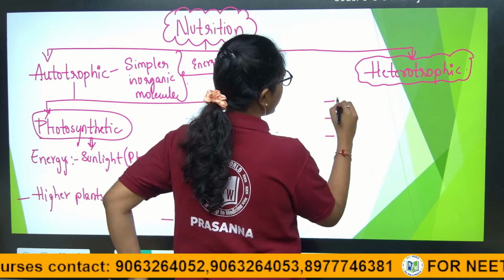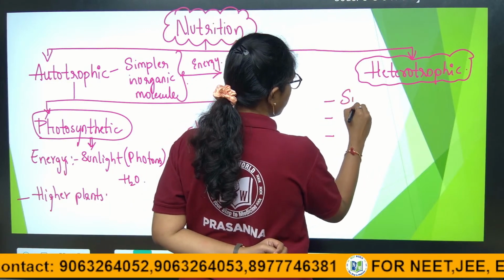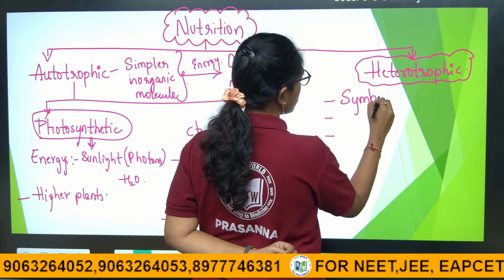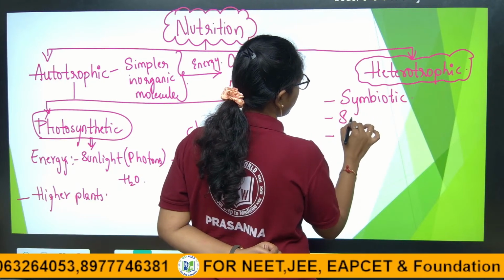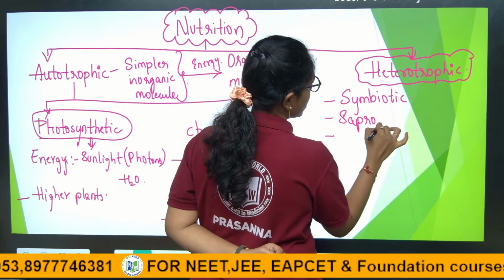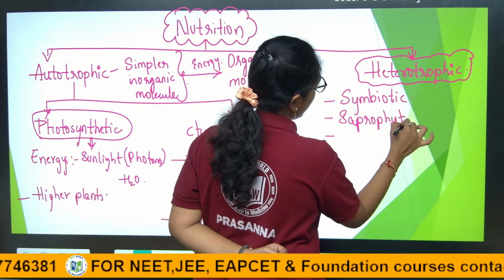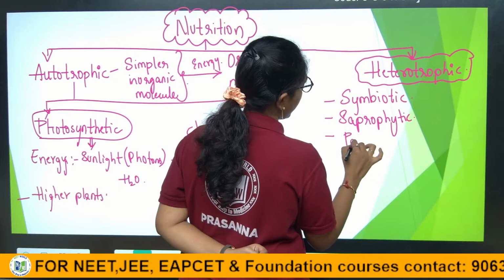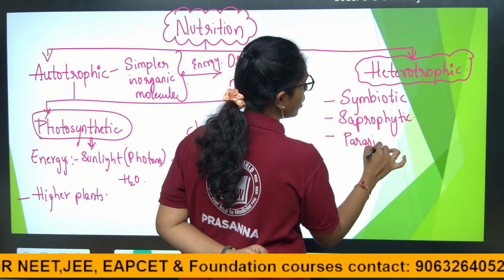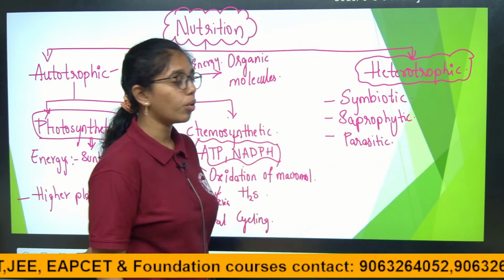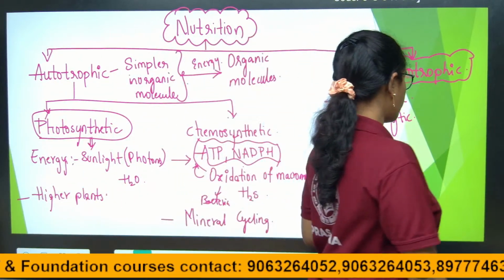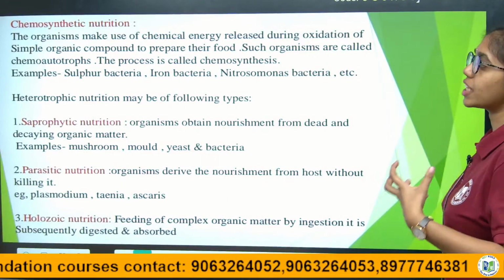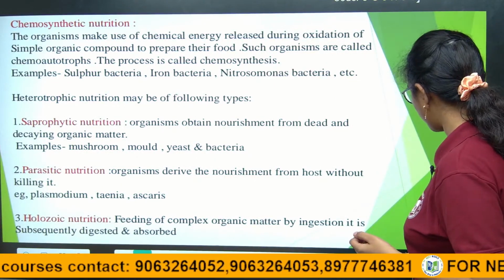One is symbiotic mode of nutrition, symbiotic. Second is saprophytic, and third is parasitic mode of nutrition. Third is what? Parasitic mode of nutrition. These are three types of heterotrophic nutrition. If you look into the explanation more clearly,